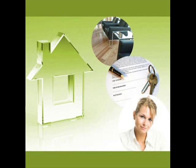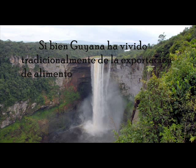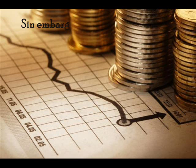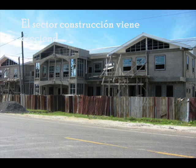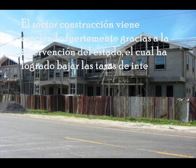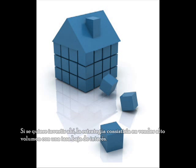We can conclude that although Guyana has traditionally lived on food exports, this sector has been greatly favored by the international context. However, the domestic economy of Guyana, which enjoys stability, encourages greater consumption and greater access to credit. The construction sector is growing strongly thanks to the intervention of the state, which has managed to lower interest rates and encourages investment with tax advantages. If we invest in the sector, our strategy would be to sell a greater volume, at low cost of interest,